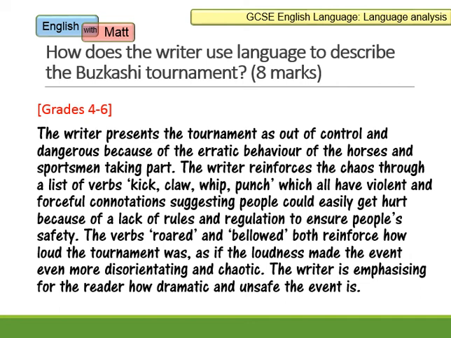We've got good quoting, we've got good use of verbs, so terminology is in there. And they're also beginning now to think about words like reinforce and presents, which again suggests that the student is aware that this is something that is being talked about for an effect here. This is a student who is clearly analysing. And there is also comment now on effects, out of control, dangerous, erratic behaviour. There is a greater confidence here in thinking about why the writer has decided to use the vocabulary that they